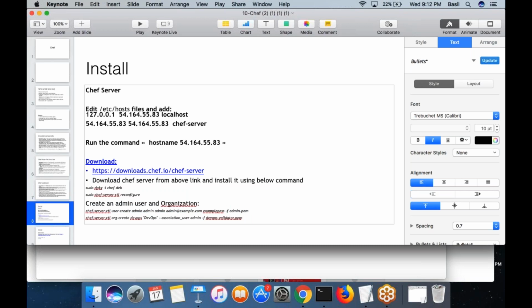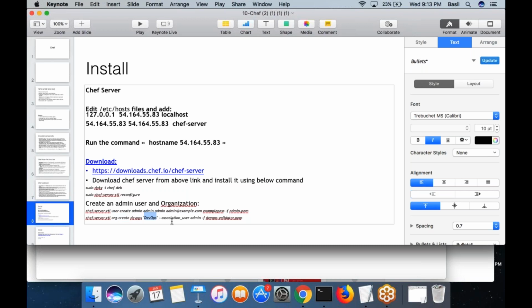And similarly, now we are creating an organization also, and for that you run this particular command, org create. This is the organization name, and here you can put the full name of the organization. Basically this is the actual name which Chef would use. This is the full name that you can put, the actual name of your organization.